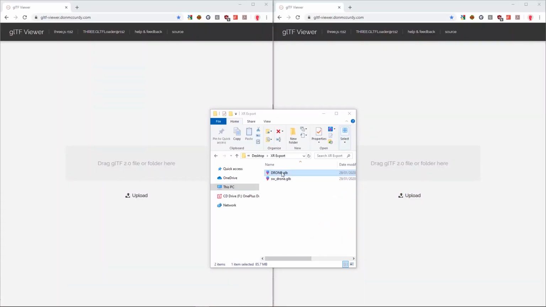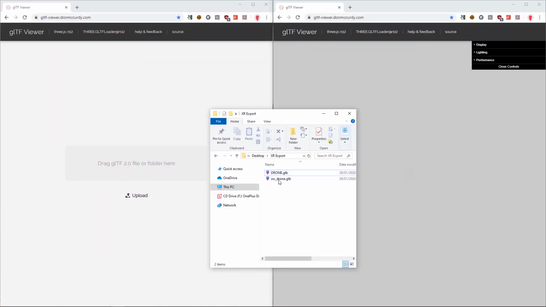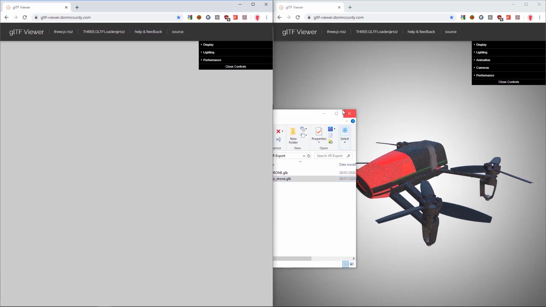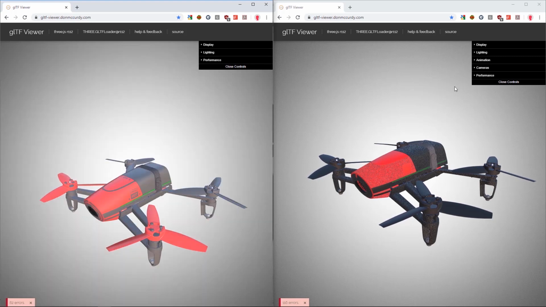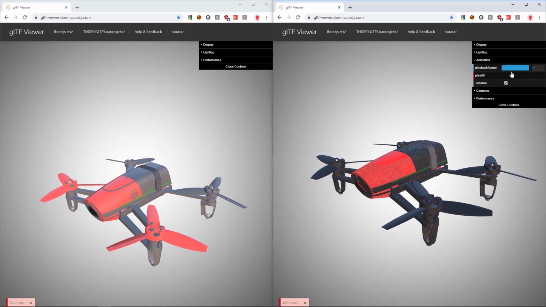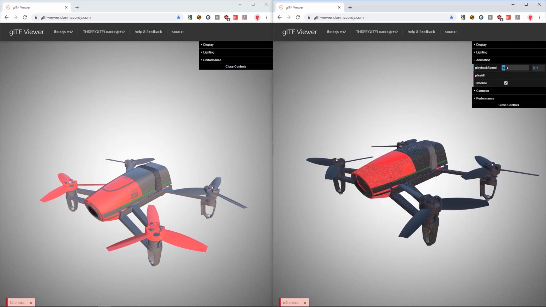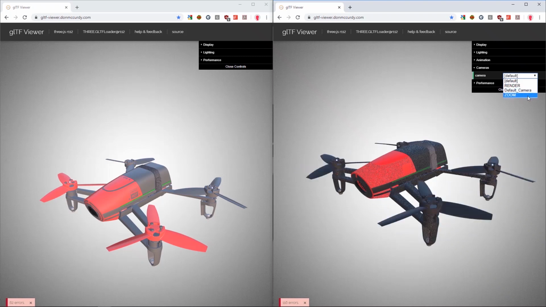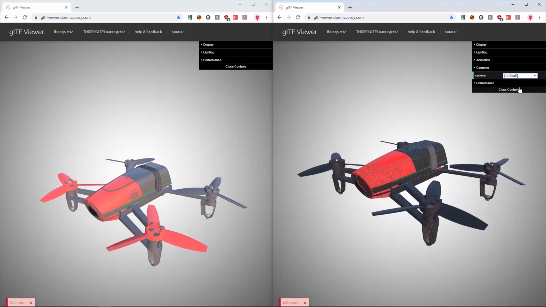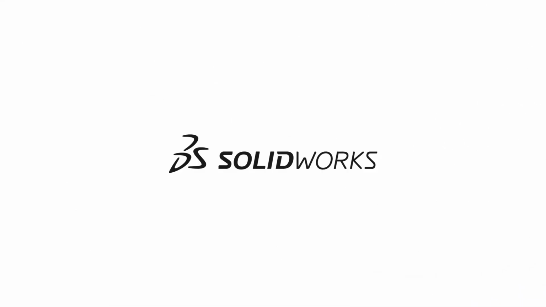So let's look at the two items in action. So here on the right hand side, we have a Visualize export, and on the left hand side, we have a SOLIDWORKS export, using the same web-based viewer. Now note upon import, the right hand side has a bit more detail inside the appearances, and a few more options at the top. So the two additional options are animations, so in this case I can play my animation while spinning my propellers, and also cameras. And these are the same cameras as in Visualize Professional, that you capture a model wherever you wish. Of course, you can freely navigate around the model, get different sides if you wish as well.